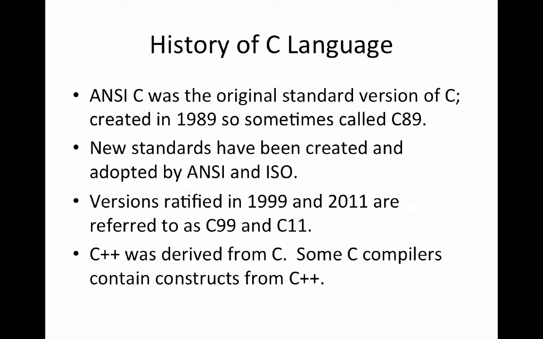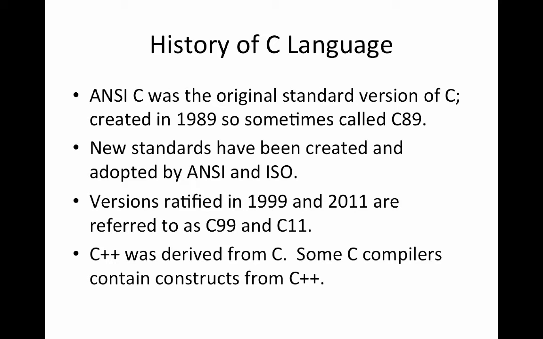So a little bit of history. The American National Standards Institute, ANSI C was the original standard version of the language C. That was created in 1989, so sometimes it's called C89. There have been new standards that have been subsequently adopted by both ANSI and by the International Standards Organization. There are a couple of versions that were ratified in 1999 and 2011, and those are frequently referred to as